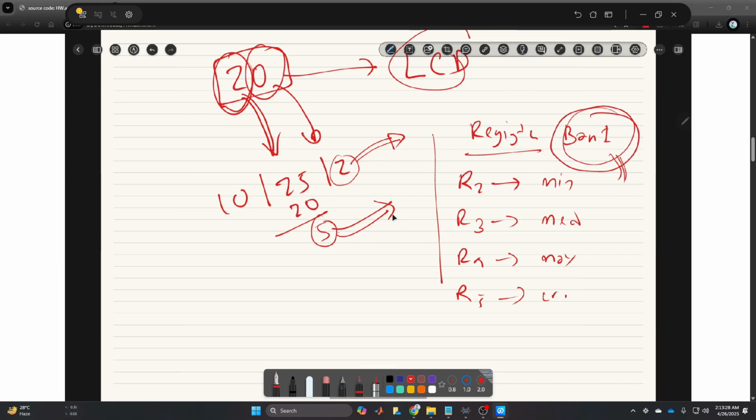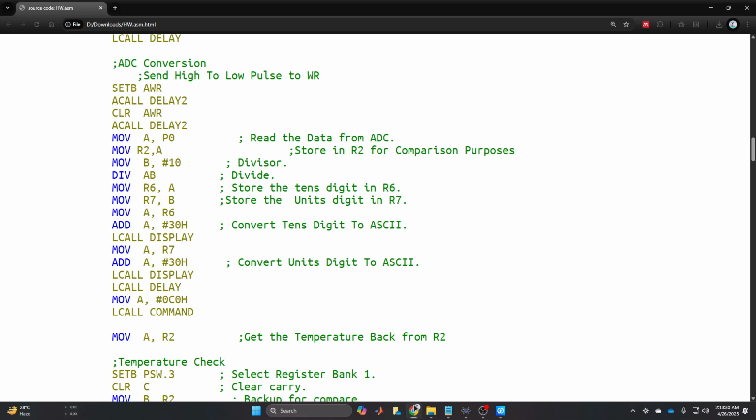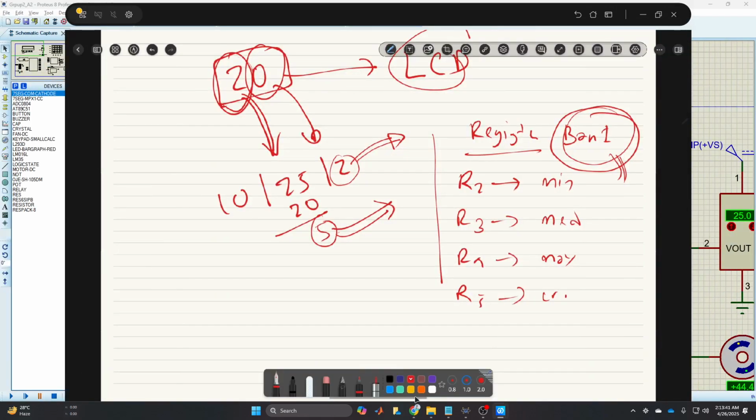Okay, so we'll now compare the input temperature with this one. Our input temperature is saved in R2, right? Which R2? This is not this R2. This R2 and that R2 are different. The input temperature, the temperature from ADC,